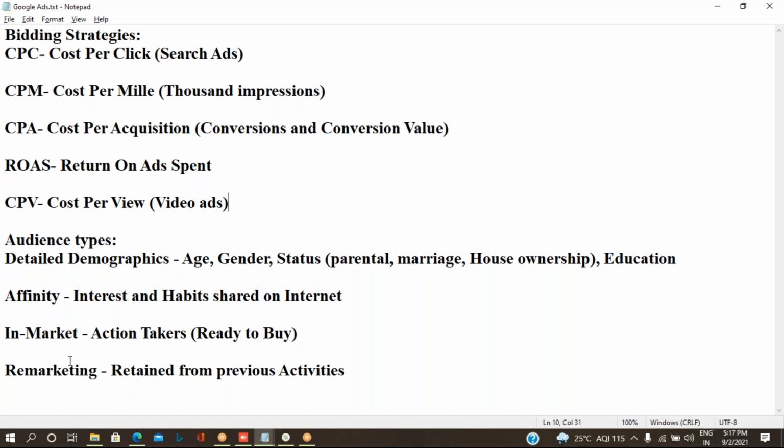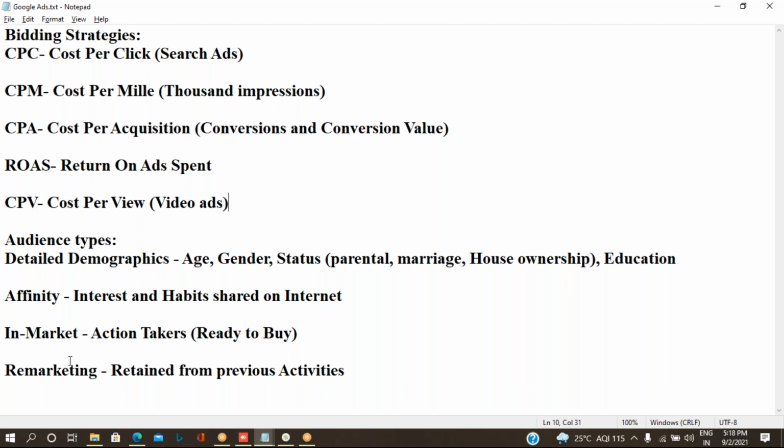They will be finalizing which product to purchase. You can target those people who come under the in-market category.